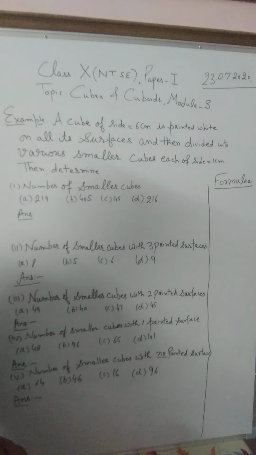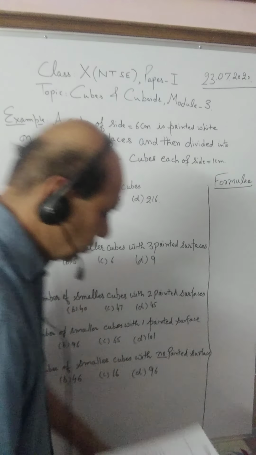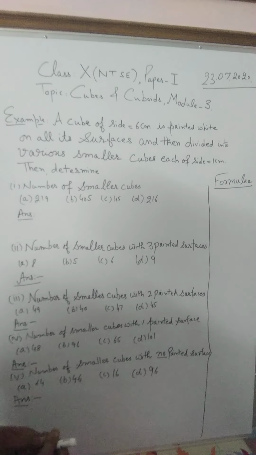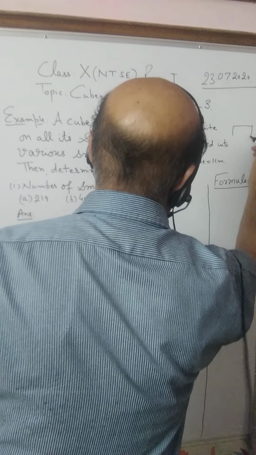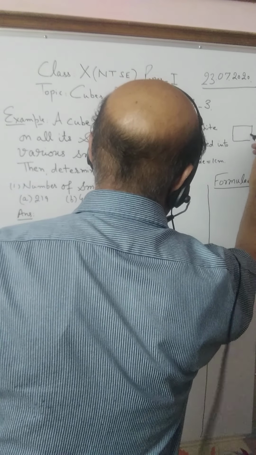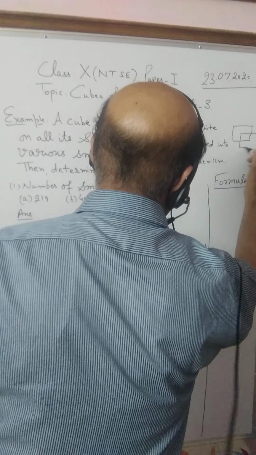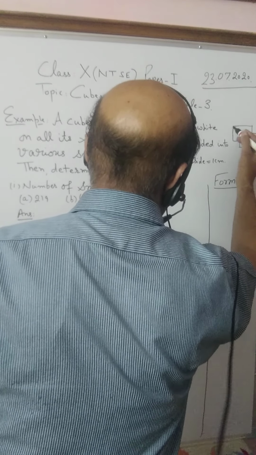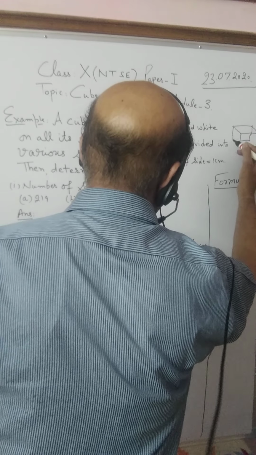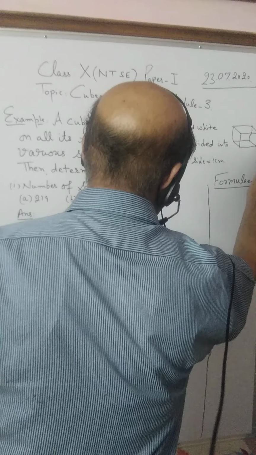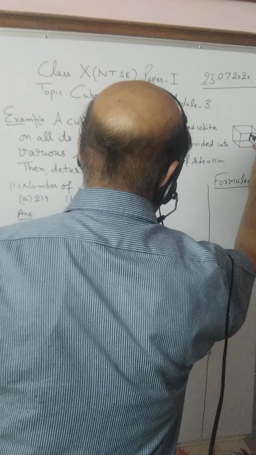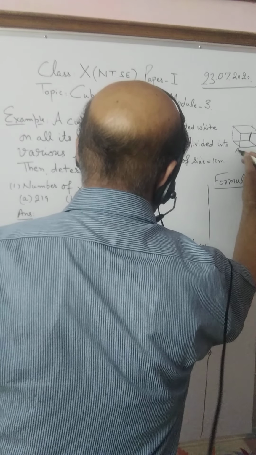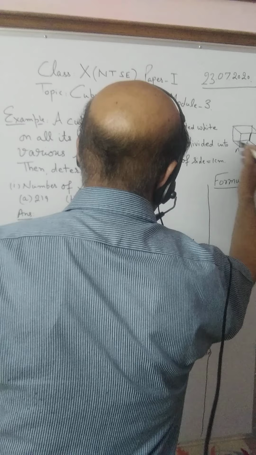Earlier we have studied that in a cube we have 8 corners, 4 diagonals, 6 faces and 12 edges, as usual. There is nothing changed. The only thing is we have now to revise it. In a cube like this, we have 8 corners, 6 faces, 12 edges, 4 diagonals, and we should remember that these things hold in every cube.